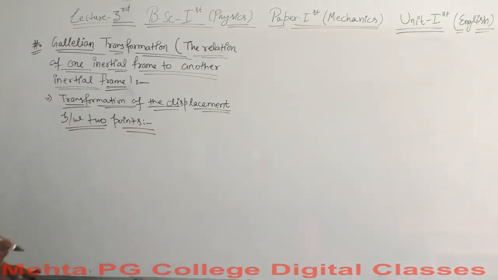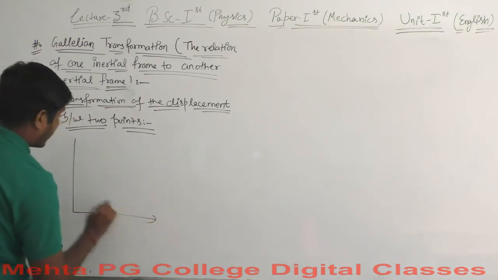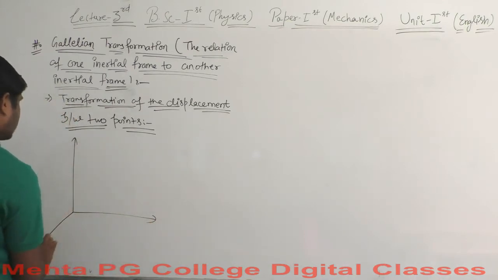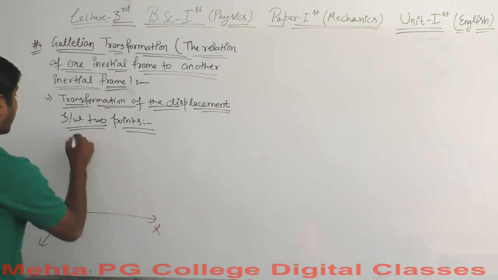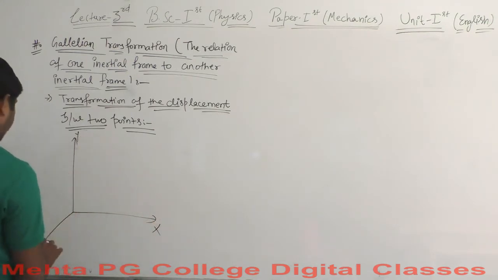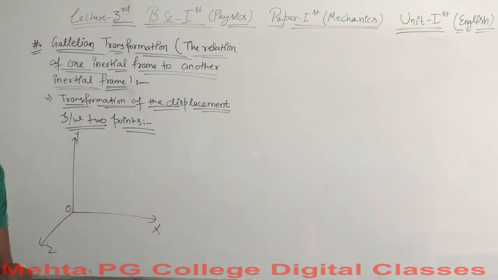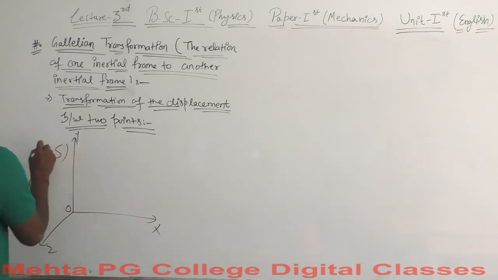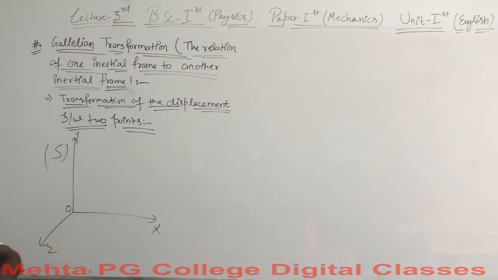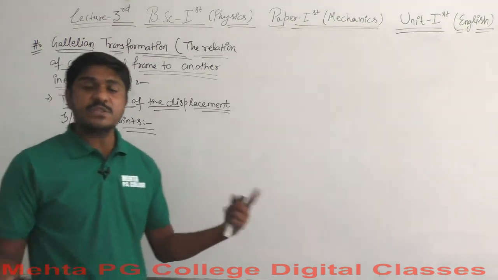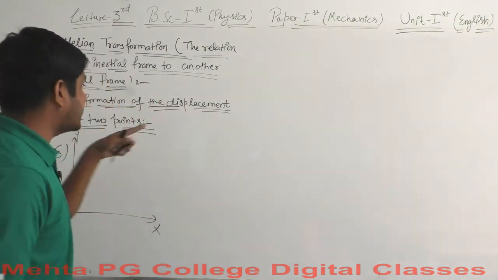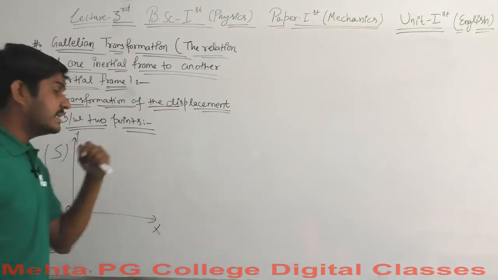Okay, so let's find out. We are supposed to draw two reference frames here, the primary one and then the secondary one. Let's say this is the primary reference frame, x, y and z having the axis and origin at point O. This is the origin point here. Let's say this is the frame S, our primary reference frame, and now we are subjected to draw our secondary reference frame, saying the frame S dash with the coordinates having x dash, y dash and z dash.